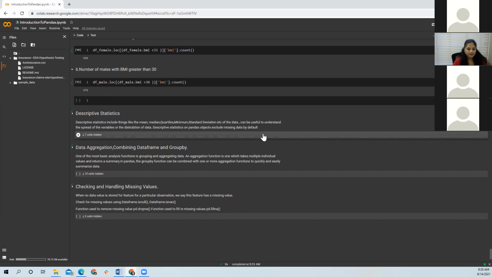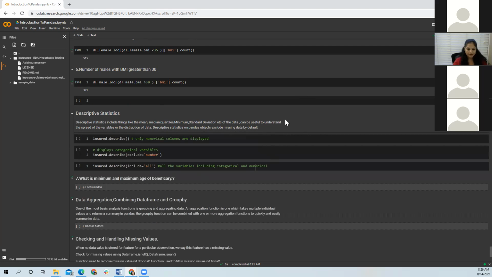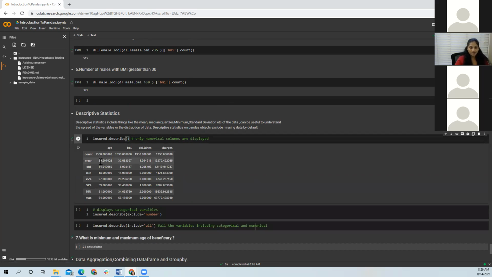Descriptive statistics is something very important, which we as data scientists will keep on checking. It is primarily used to find out the distribution of data. And this one command, in-short.describe, gives me a complete understanding of what kind of data I am dealing with here.